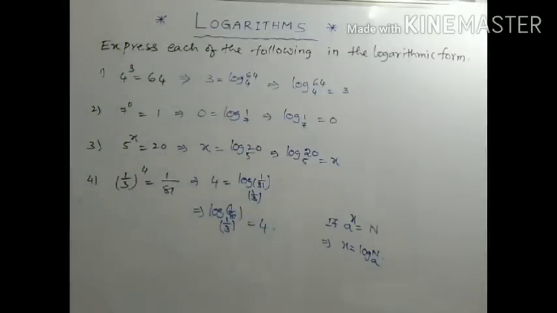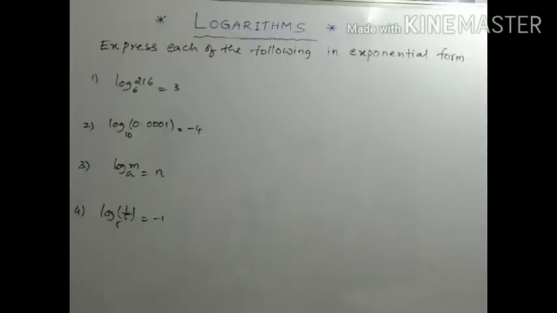So this is a very simple conversion of exponential form into logarithmic form. Look at another example. This time logarithmic forms are given to us and we need to change them into exponential form. Earlier exponential form was converted into logarithmic form. Now logarithmic forms are given to you. See, everything is mentioned in terms of log, and now we need to change these into exponential form.